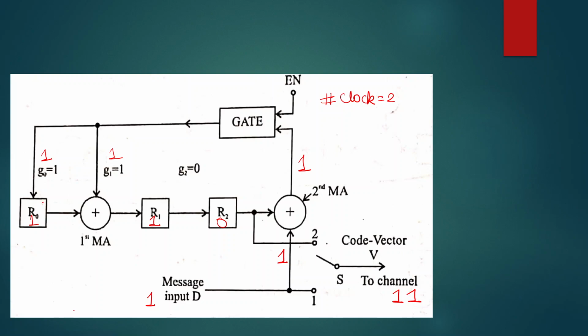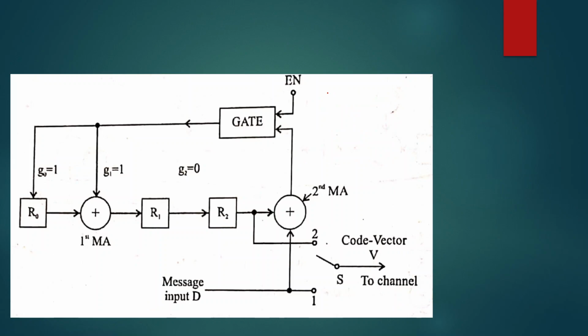So now what will happen? This 1 gets stored again, so this 1 remains as 1. But this previous 1 will be pushed out. 1 XOR with 1, 1 modulo 2 added with 1 will give me 0. Then previously there was 1, so this gets shifted to the right, and I am going to obtain finally the output of the shift registers as 101. So in clock cycle 2, the data in that I am giving is bit 1, and R0, R1, R2 would be 101. So this is the second clock cycle.